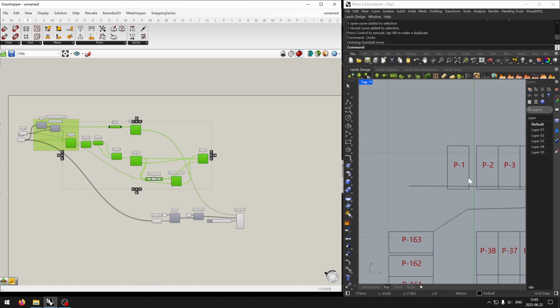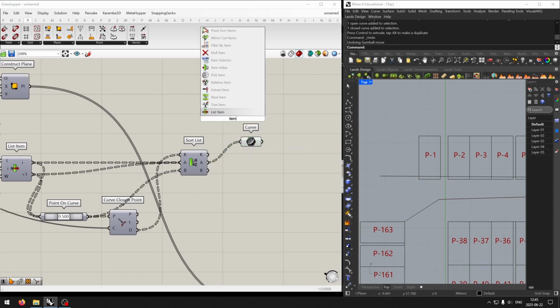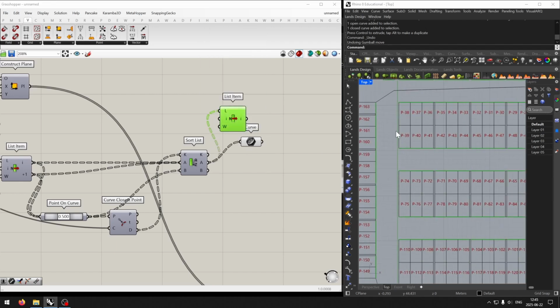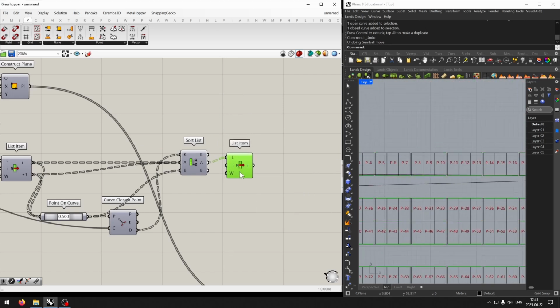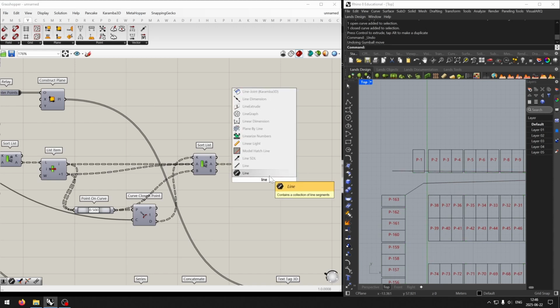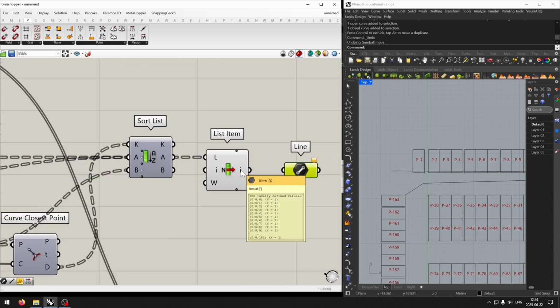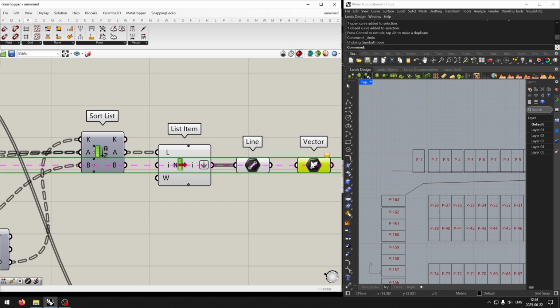let's hide everything. So now we have two curves, of which the first one will be the one that is closest to the guiding curve. As you can see, it seems correct. And now that we have this line-like curve, let's flatten the list, convert it to line, and then we can convert line to vector,